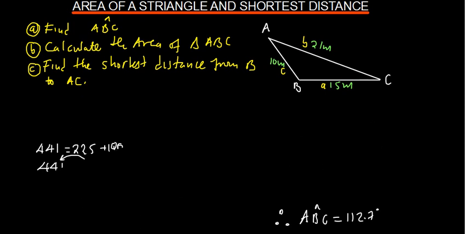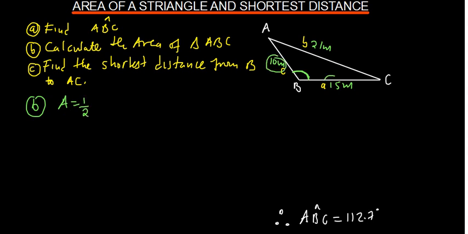I'm going to keep that angle because I need to use it. The next one, calculate the area of triangle ABC. Now you know that this is not a right angle triangle, and then you want the area. Since we have found angle B, then the area is going to be equal to half. We'll get the sides which are putting angle B in the middle. So that is A times C. So that will be half AC